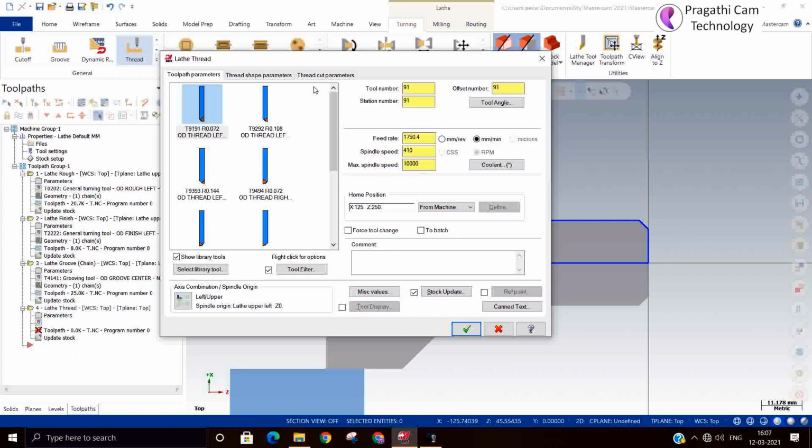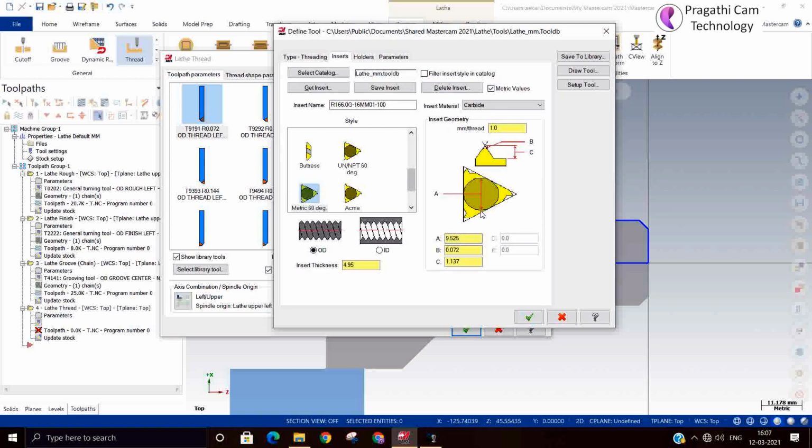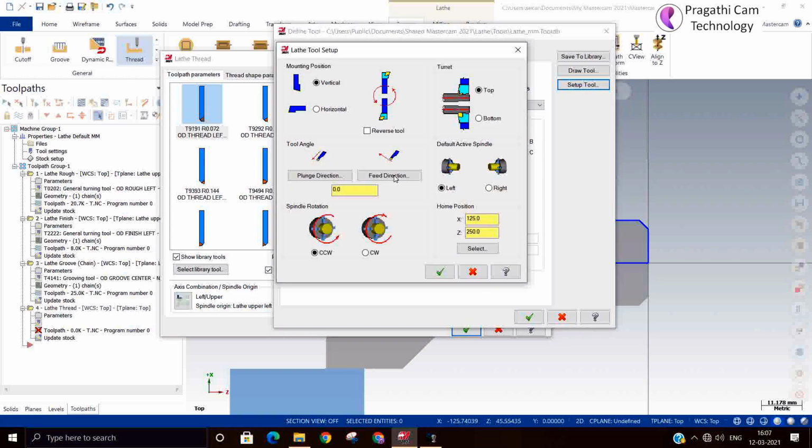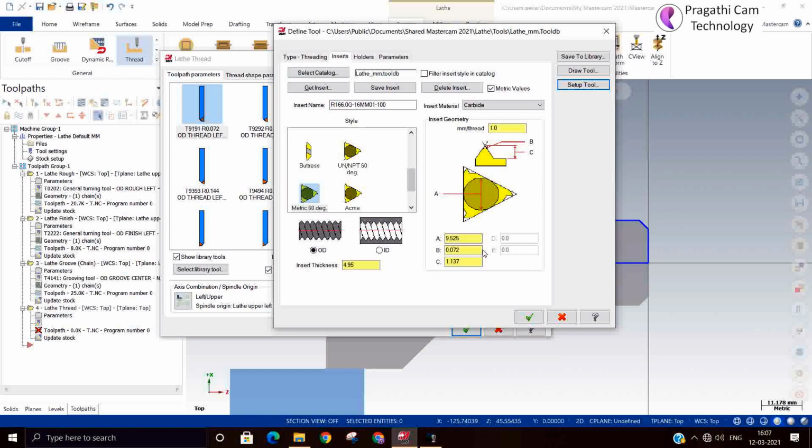First of all, you need to choose left hand tool or right hand tool. What is the type of thread you want to do? So your direction. Now it's a metric thread. You can see the C value 1.13.